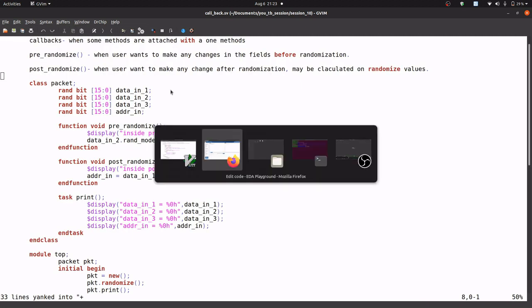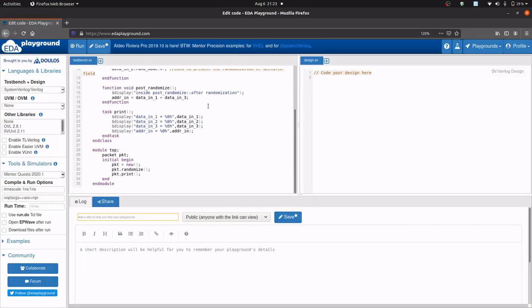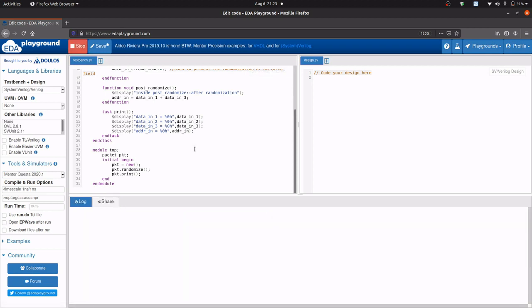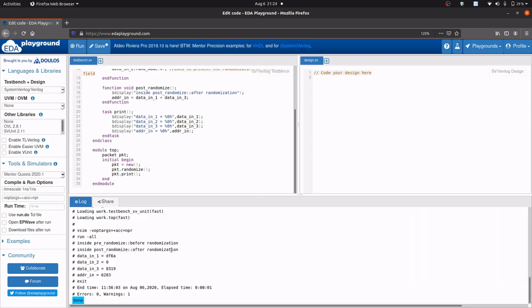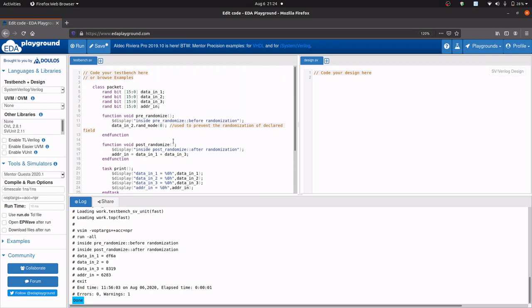So here is the result. The value of data_in_1 is df6a in hex. After that data_in_2 is 0. Why is it 0? Because we put rand_mode 0, so we are disabling randomization of this field, and by default the value is taken as 0.